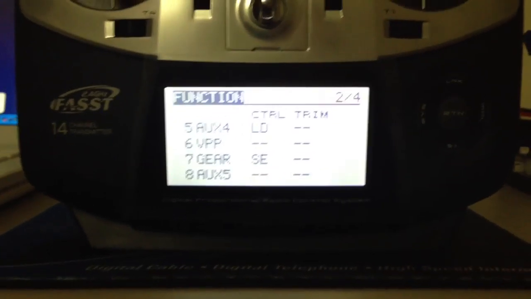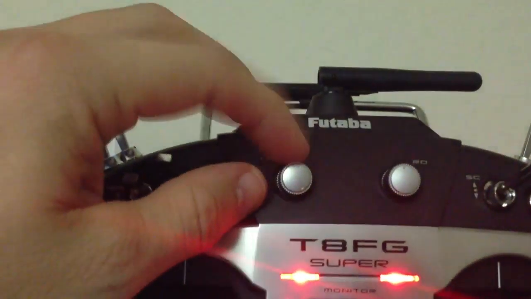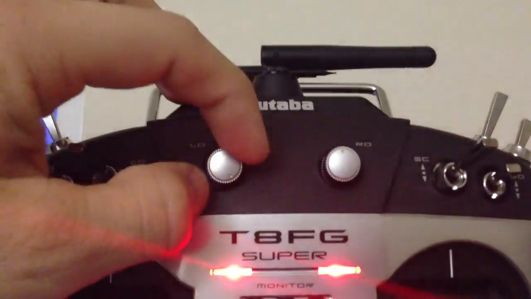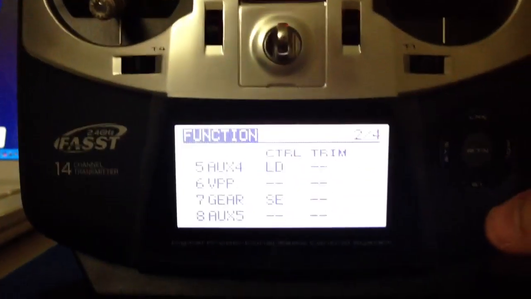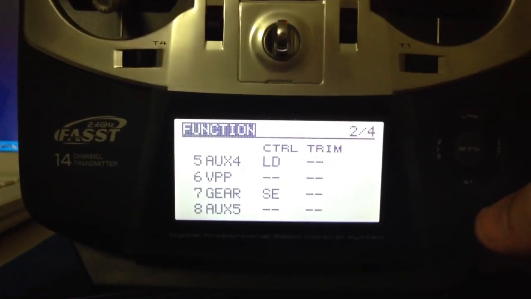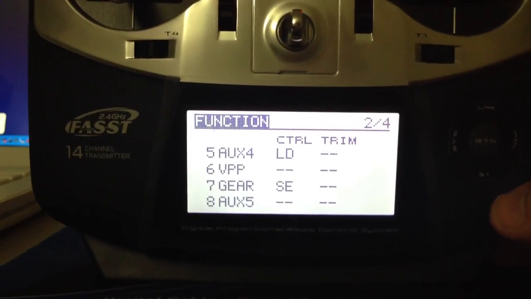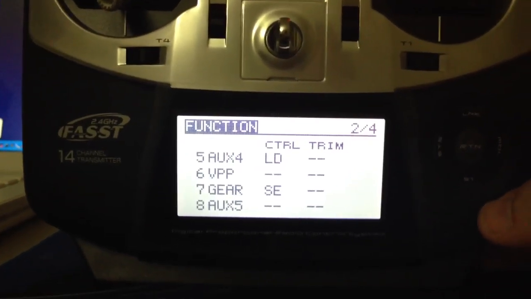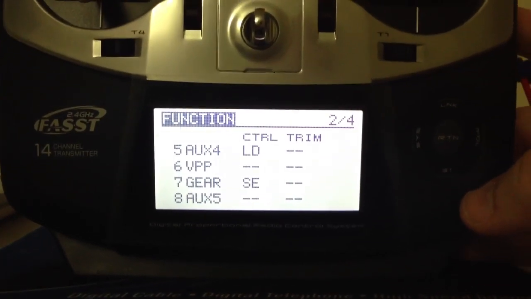So I changed aux 4 to channel 5. That's going to be my LD channel, which is going to be right here. So this controls the gain for my Naza, and I have that preset up. That's going to be with the X1 channel. Channel 6, I have VPP. That's unused right now. You can use that for intelligent orientation control, and you'll set that up just like channel